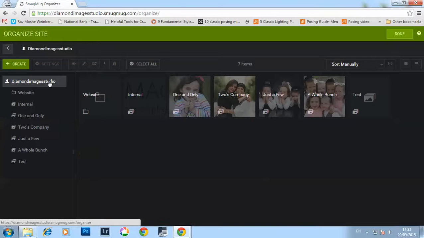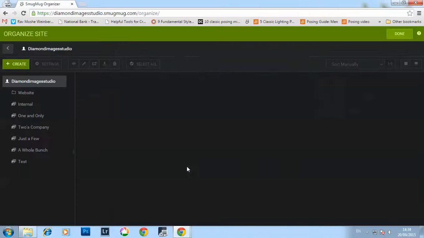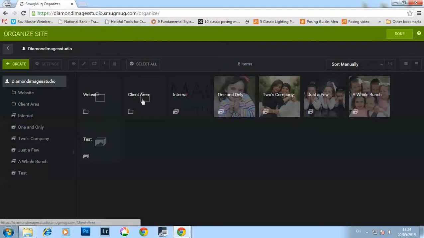Okay, so now, whenever I click on Diamond Images Studio, this is my entire website. Whether I'm going to be using the website or doing the client area, Diamond Images, the whole thing. Let's create the folder. Oh, like the homepage? Sorry, homepage you mean? It's not really a homepage. I don't want to call it a homepage. So client area is another folder. So like I said, I'm going to be running through this website, two websites, two systems. I'm going to be having my website, and I'm going to be having my client area. They're two distinct